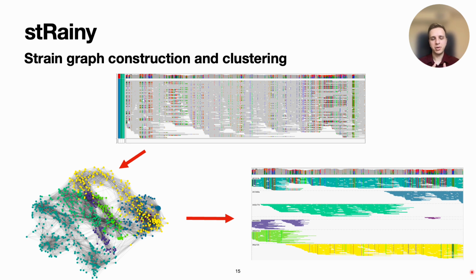Now let's see how the previous steps work on a larger data set. Remember that we repeat the previous steps for every strain collapse unitig in the original graph. And on the top figure here, we see all the reads in a strain collapse unitig. With the naked eye, we don't see any clustering tendencies, but if we create the strain graph, as we explained